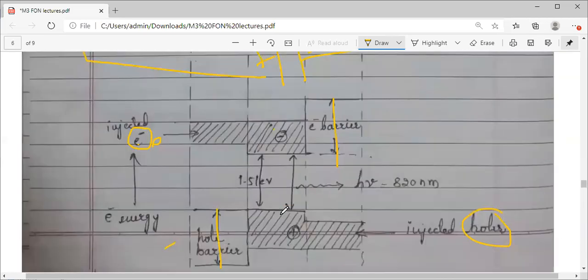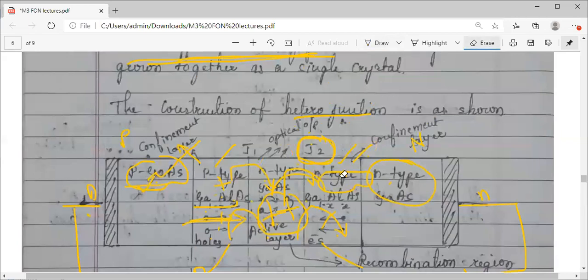Similarly, at the negative side, what may happen? I'm talking about the other side. What may happen here? Negative to negative. So again, repulsion. Majority carriers are the electrons. So electrons will start moving in the opposite direction. There will be a diffusion here from higher to lower concentration. After this, when they are in the active layer, further they will not move to the P side, because of the barrier potential at the junction J1. So again, even electrons will be restricted, confined in the active layer.